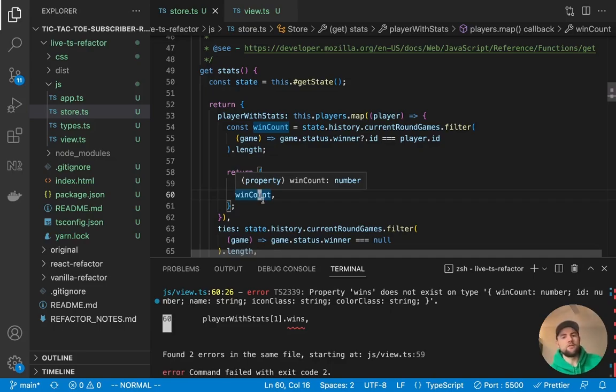Otherwise, if you had a vanilla JavaScript code base and you try to do something like this, nothing would happen. You would just think, oh, I'm okay, I changed that, that's fine. And then you would find out that you had errors in your project once you started playing the game and it was not working as intended.